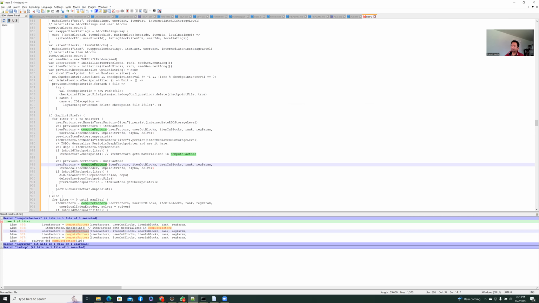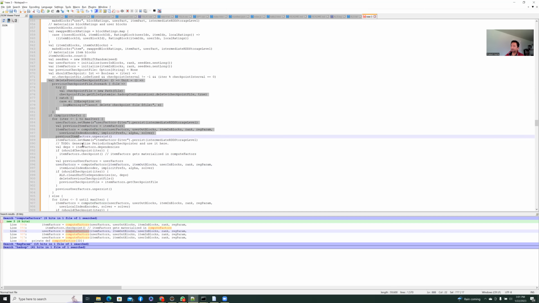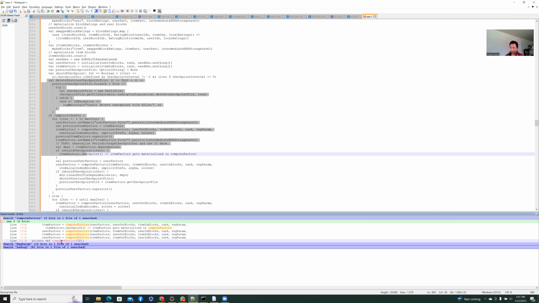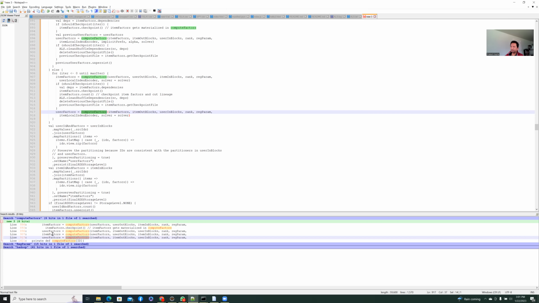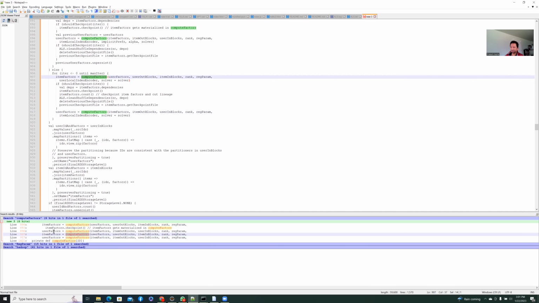It is called in checkpoint, while it is being checkpointed, and while calculating the user factors and item factors. So users, items are a must, and the rating. User, item, ratings, these are the only three things that ALS, alternating least squares, is going to do. You have a set of users, you have a set of items, you're ranking them,